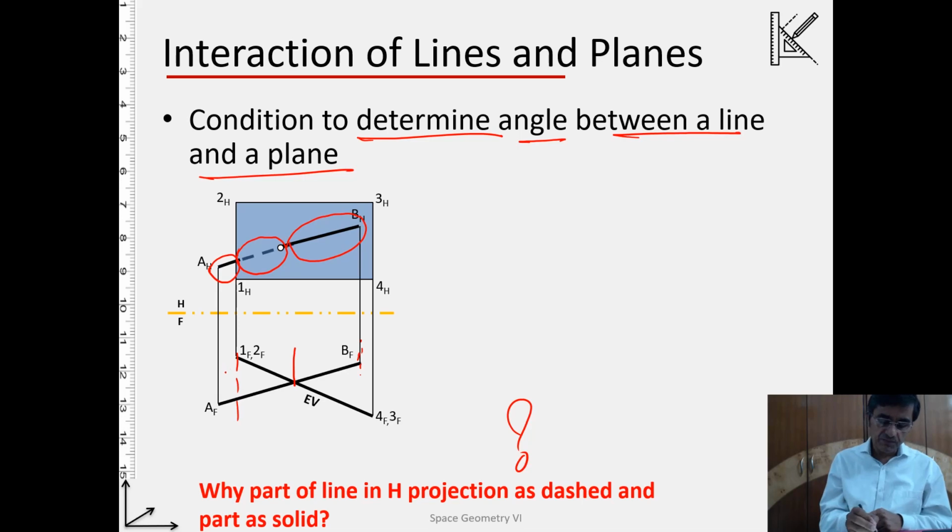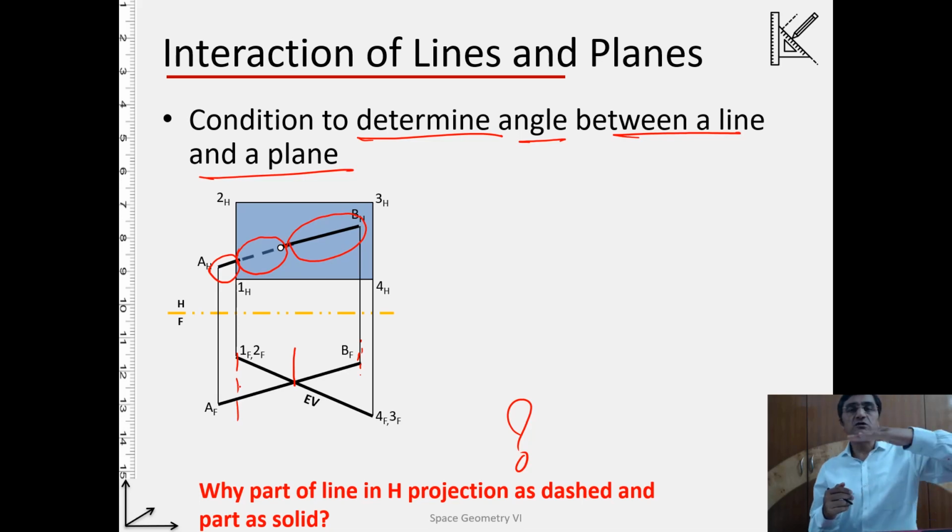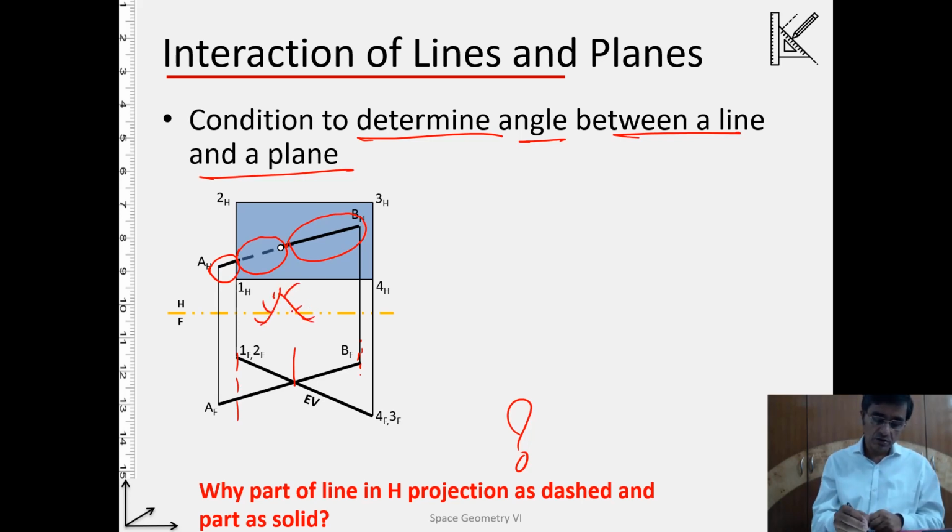If you look at these three parts, this is how the projection of the line and the plane is being seen on the frontal. And what is the meaning of the horizontal projection? The meaning of the horizontal projection is that we are seeing from the top. So when we are seeing from the top, we will see this part as such. So that's why this part is coming as the solid line. Also, this particular part we are seeing directly. So both of these parts are coming as the solid line.